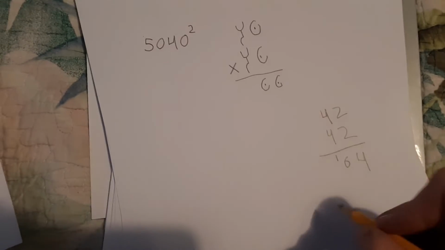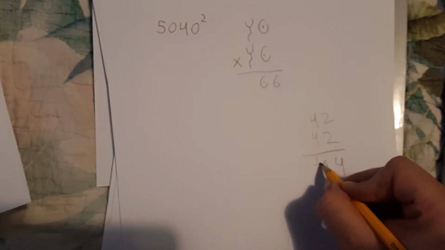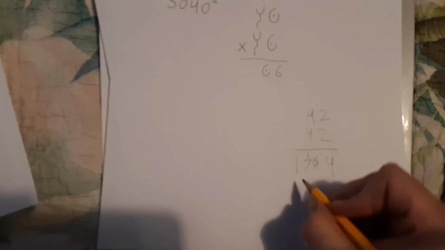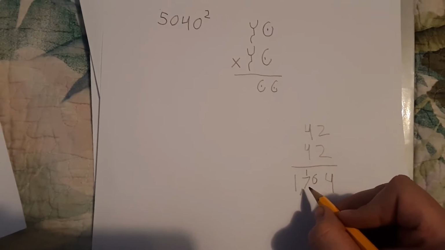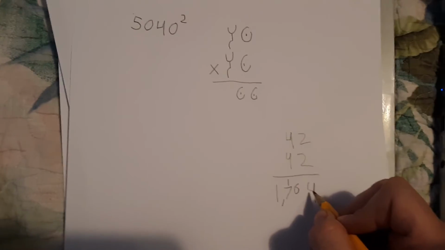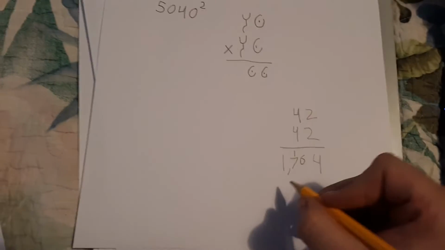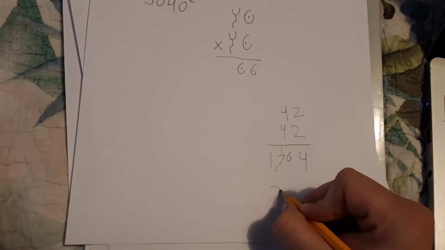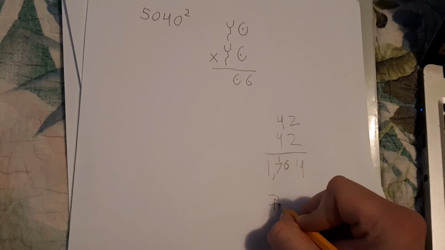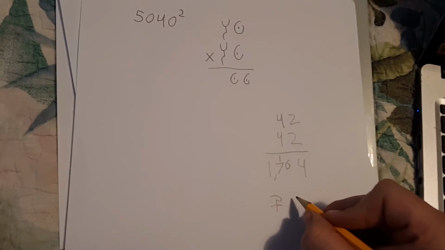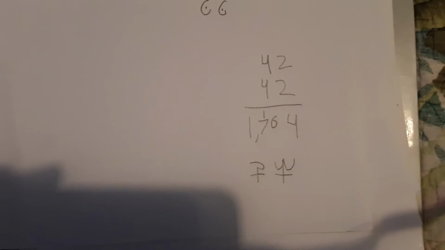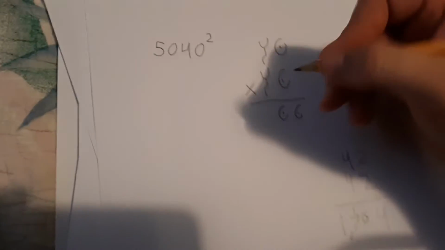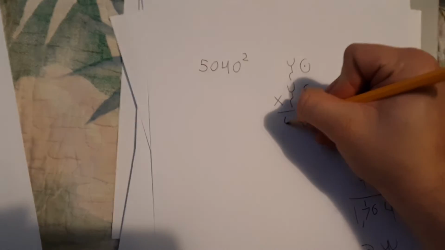Then 4 times 4 is also 16, so that's going to be 1,764, which would be represented in base 120 as 14V 84. So we put this number here